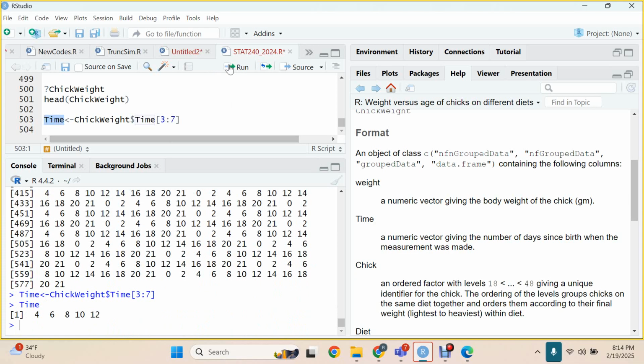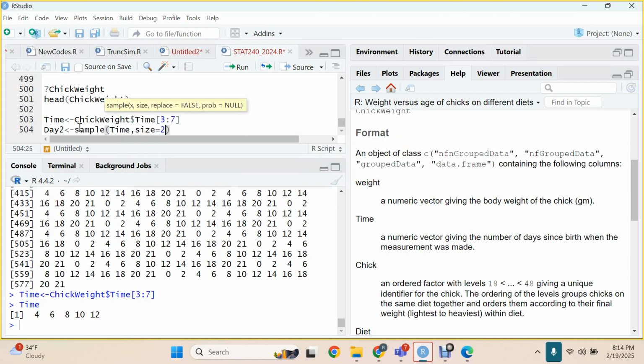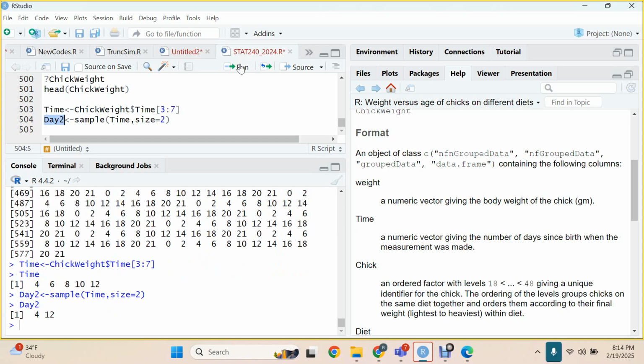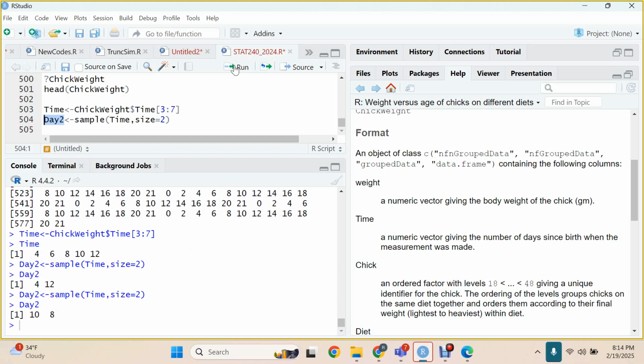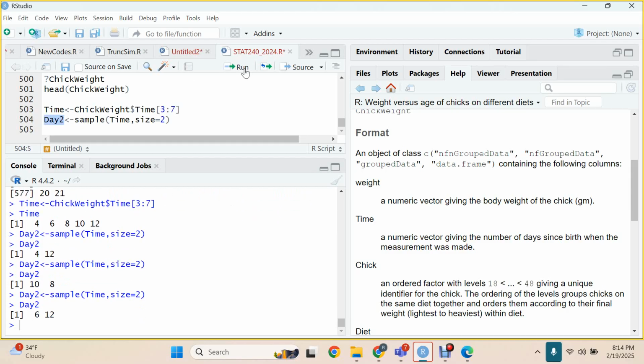4, 6, 8, 10, up to 12. Out of this, I want to select only 2. So if I name it day 2, it means I'll just sample time, and then size is equal to 2. If I do it again, I'm going to get different samples. You see, 10 and 8. So it depends, each of you will get maybe different